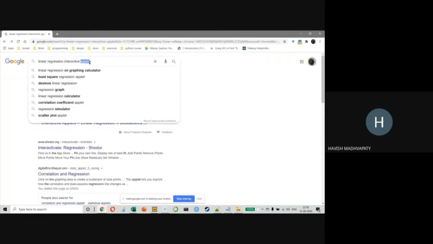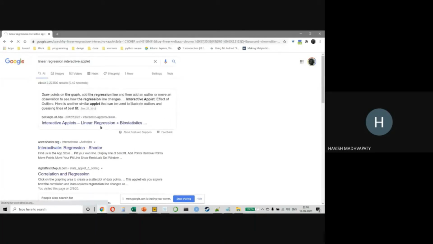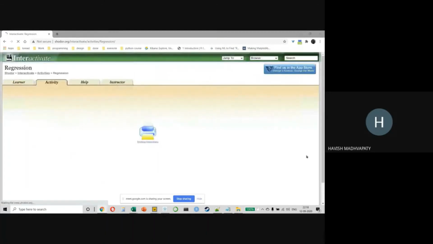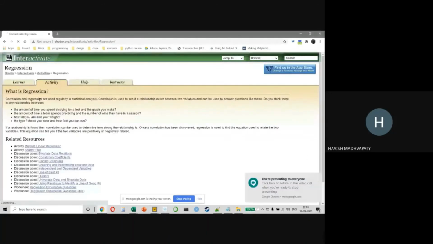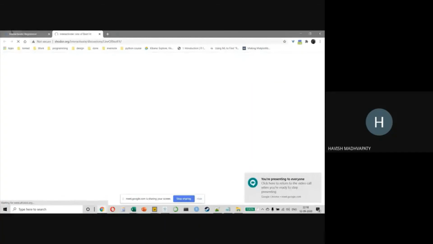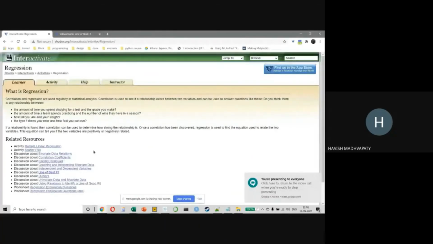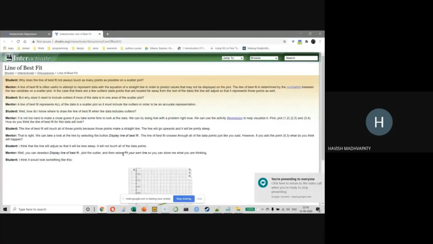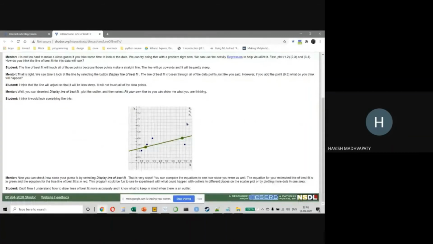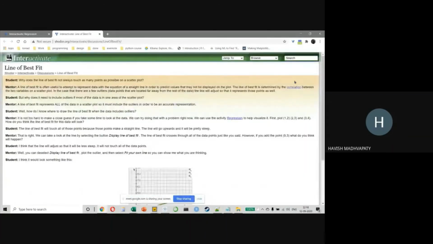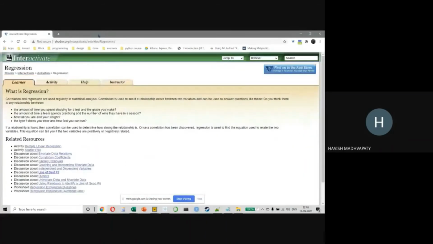So whatever you're searching for, just put applet after it. Let me give it one last try. Even though I don't think this one is interactive. Anyway, it doesn't matter.